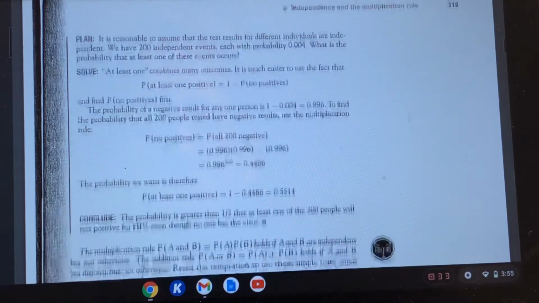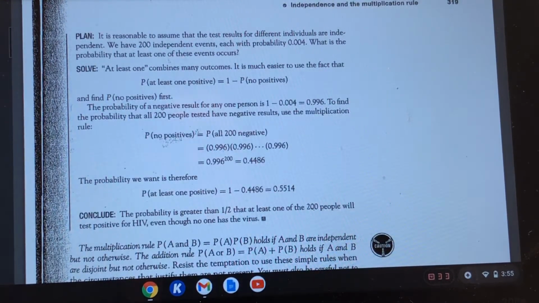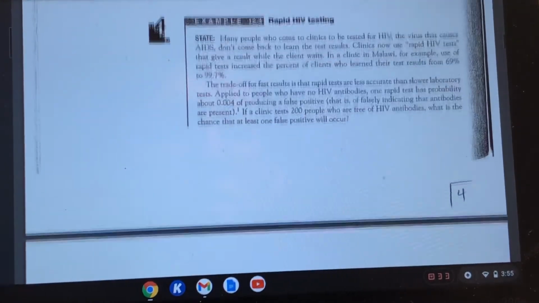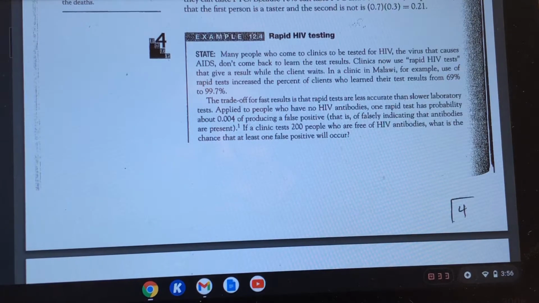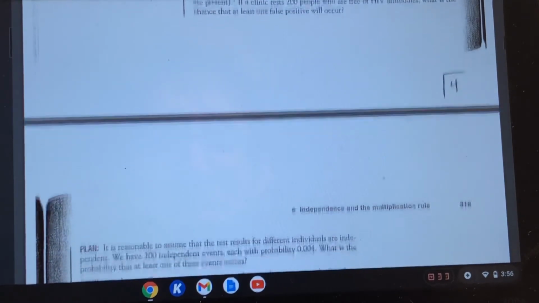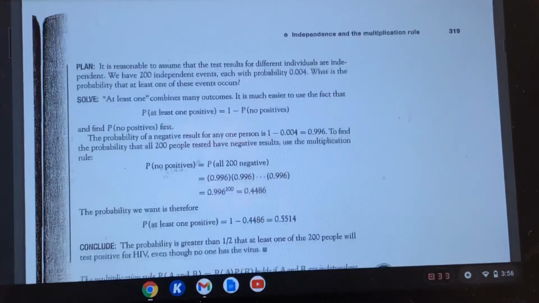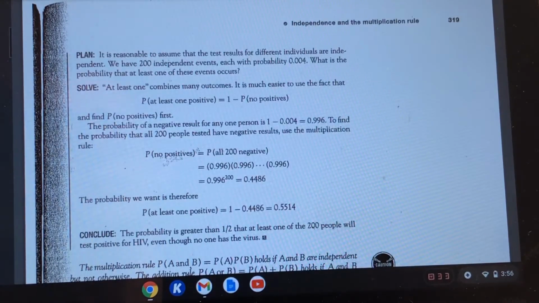This is a pretty interesting question here with the HIV testing. So you have a false positive rate of 0.004. If a clinic tests 200 people who are actually free of the HIV antibodies, they are HIV negative, what is the probability at least one false positive is going to happen? So again, the probability of at least one false positive is just 1 minus the probability of no false positives